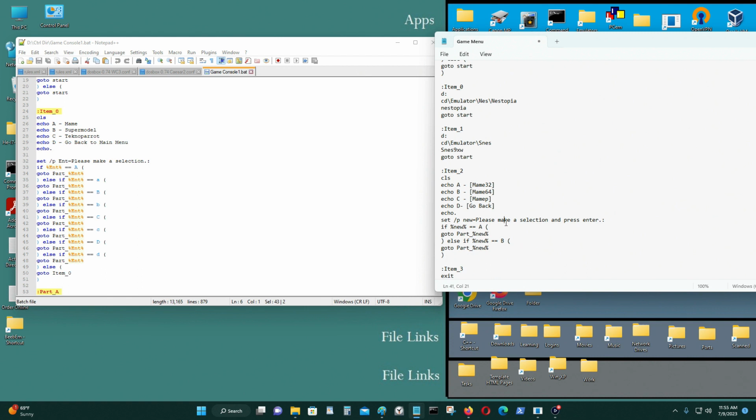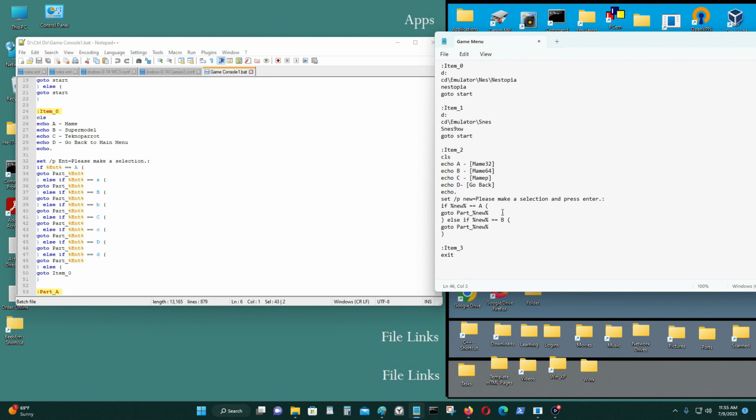Okay, let me explain what I just did. If what I entered is capital A, then it will go to part A. Else, if what I entered, which is new, is equal to B, then it'll go to part B. That's how it goes. When you're using this type of if statement in